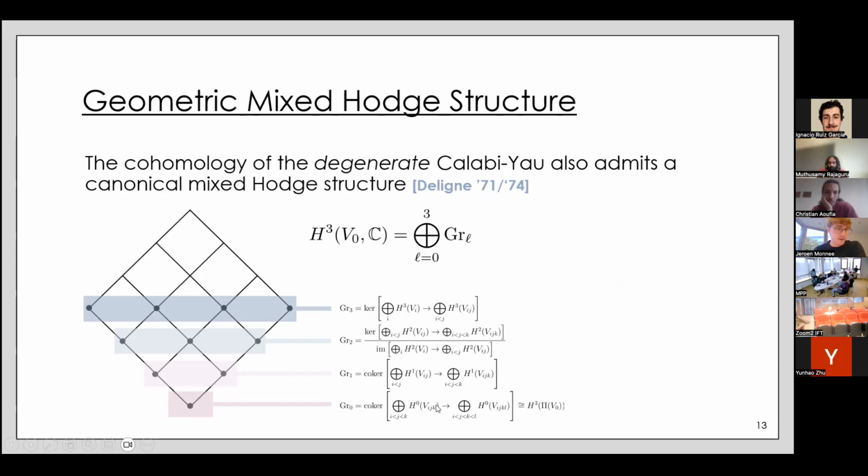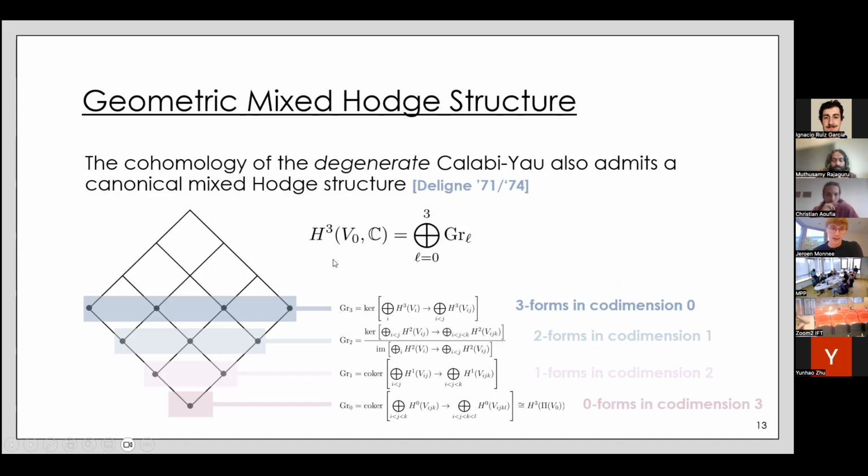The precise formulas are not that important. All I would like you to take away from this is that, for example, this space GR3 consists of certain three forms arising in codimension 0. So on the components V1, V2, and V3. Whereas stuff in GR2 corresponds to certain two forms in codimension 1, that arise at the intersection. GR1 consists of one forms in codimension 2, and GR0 consists of zero forms in codimension 3. So notice that always the sum of the degree of the form plus the codimension adds up to 3. And that is, roughly speaking, why they contribute to this third cohomology.